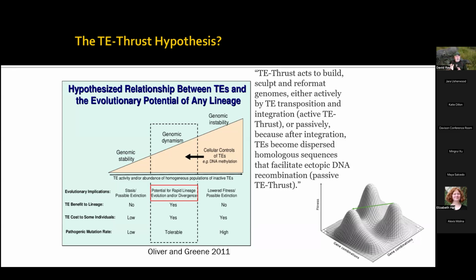And so if you look at the lower right-hand corner there, this is an idea that we were talking about a while back, and it's been around for a while, but there's this idea of fitness landscapes, right? You have these various fitness peaks in your genome. Here's a combination of genes, and that combination of genes right here gives individuals who have that combination a certain peak fitness. And here's another peak over here and a certain other peak over here. You can imagine doing single nucleotide substitutions to move from one peak to another is going to be pretty difficult because you've got to travel all the way down into that valley